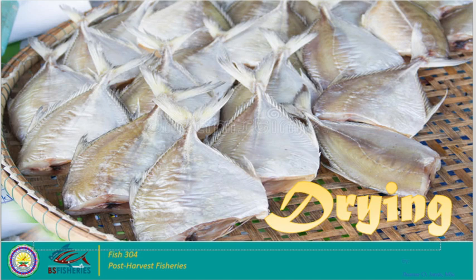Now, drying and dehydration are both involved in the removal of moisture. Later on, we will distinguish the difference between the two. And drying to moisture content below 15%. This is basically the principle. Drying to below 15% moisture content prevents the growth of many spoilage organisms, particularly halophilic bacteria, which can no longer grow in that environment once it reaches below 15%.